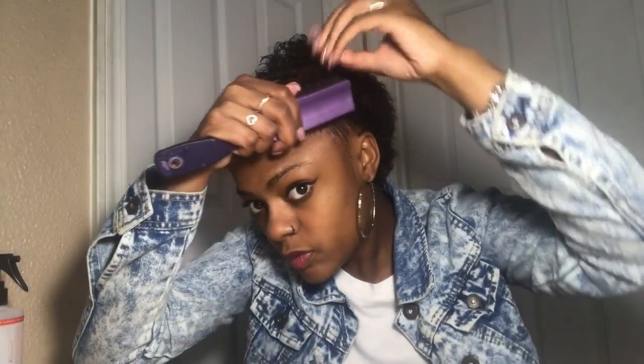Okay, so I'm brushing it up. I want it to sit closer to this one, so I'm gonna brush it up. I'm gonna take 2 rubber bands. I'm gonna put it in a ponytail like I did the one next to it. So I'm gonna take it in the ponytail, tie that rubber band around it. And then once I get my little shrimp hair in the ponytail, I'll just do the same that I did with the one before, wrap it around, and then take my little rubber band